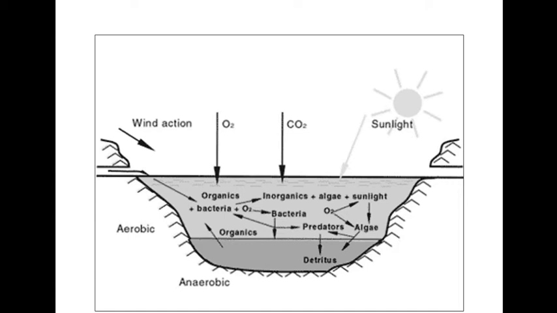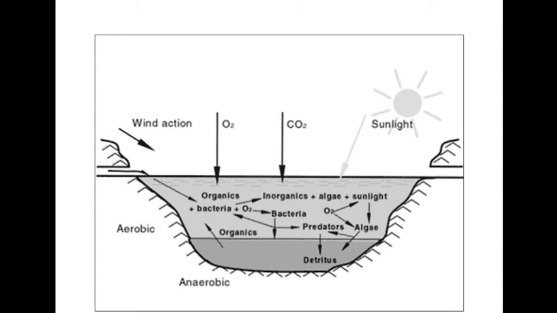Oxygen is supplied from the atmosphere. Whatever organic matter is present in the waste is consumed by bacteria in the presence of oxygen. So atmospheric oxygen and dissolved oxygen convert the organics into different products like CO2 and new bacteria. This is the process that happens, and it is called microbial algal symbiosis.